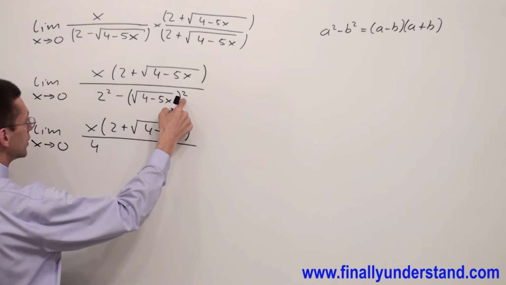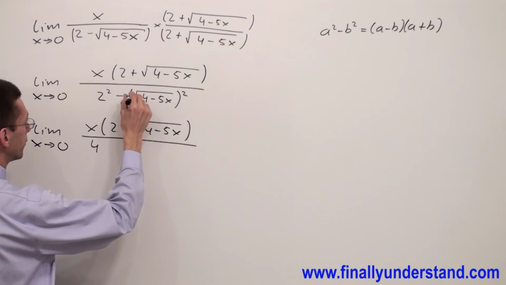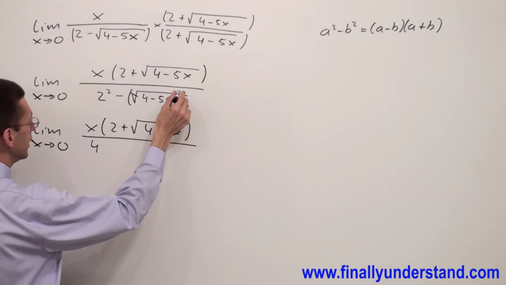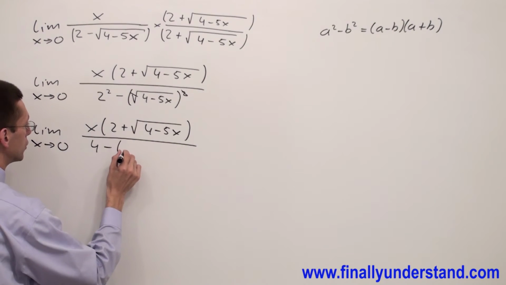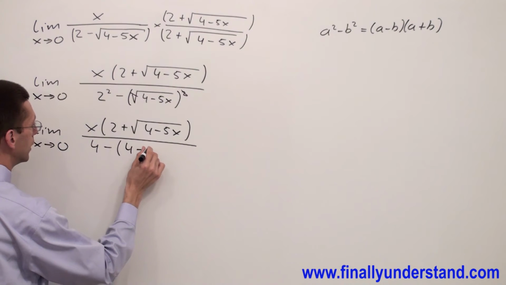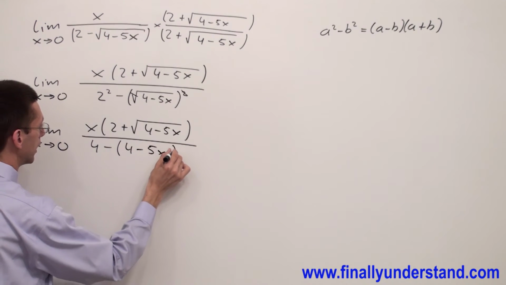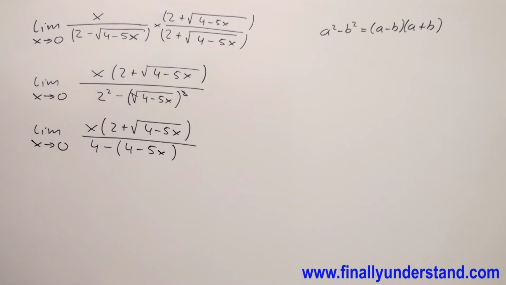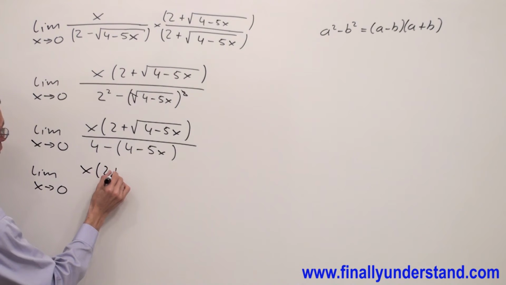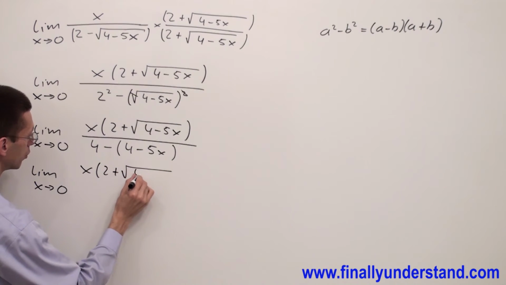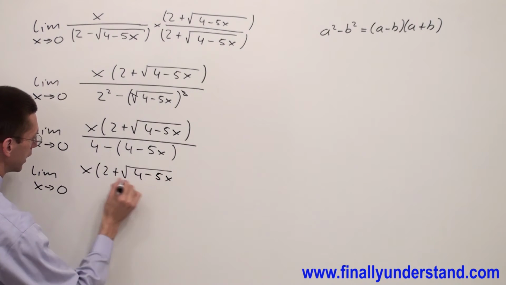Square root raised to the second power is going to be eliminated, and I'm going to have minus, open parenthesis, 4 minus 5x. And I'm going to have again limit x is approaching 0. I have x times 2 plus square root 4 minus 5x